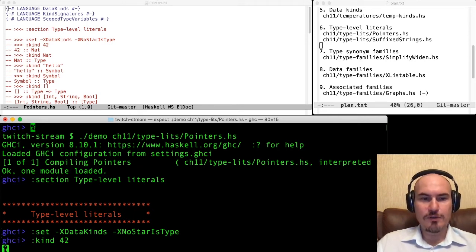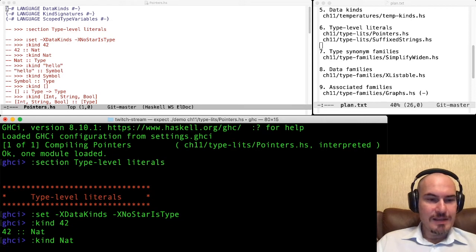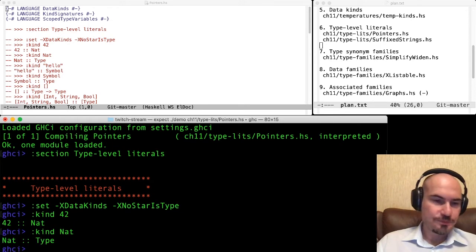So what's the kind of 42? Well, it's Nat. Nat is a new kind which was introduced thanks to the DataKinds extension. And of course, it has kind Type. Type is Type.